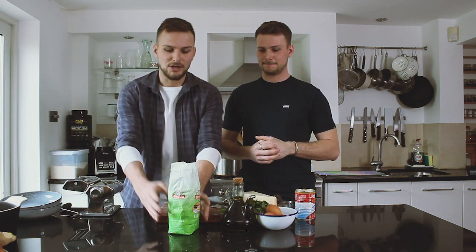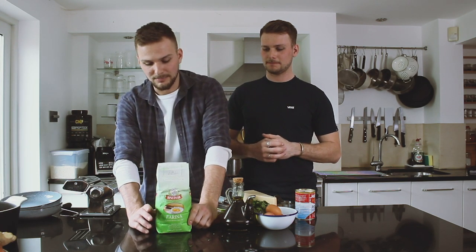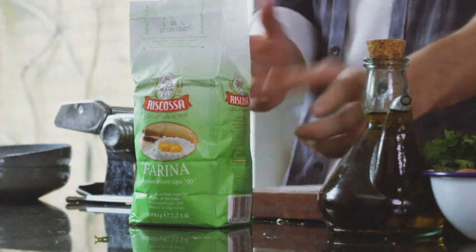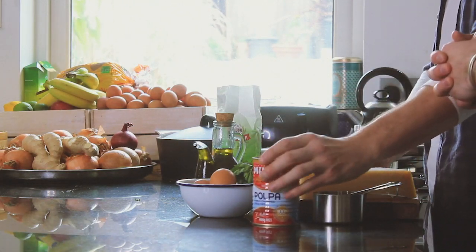Yeah man, you really don't need a lot. You can even use whatever flour you've got in your larder lying around. 00 flour is probably the way you want to go with making pasta, but you can use plain flour, anything like that, and just some olive oil, some eggs, some parmesan and some peppers. So we're doing